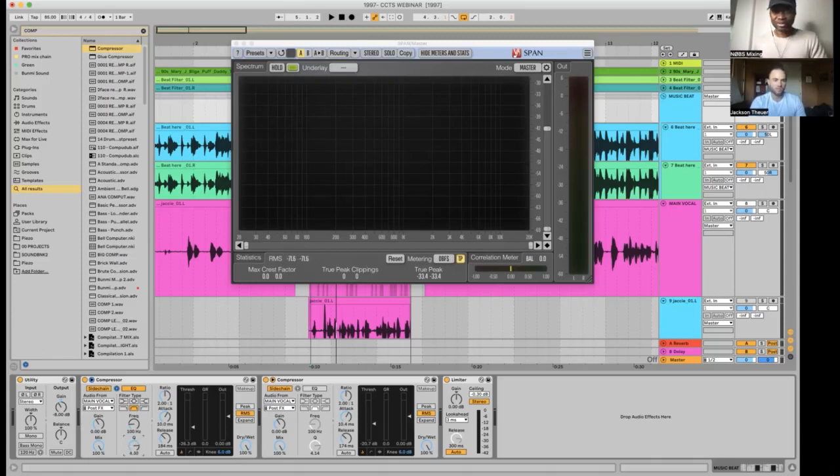Well, what if you just use a low shelf or even a low cut at 100? Would that be better? Because it would isolate that. This one, better. Yeah, let's hear that.